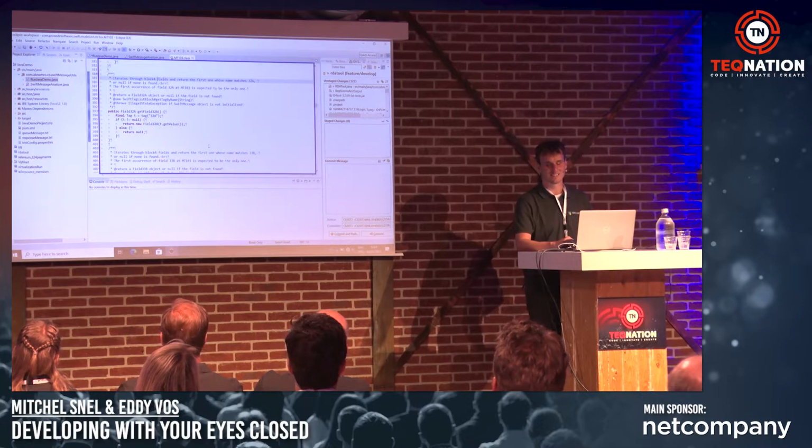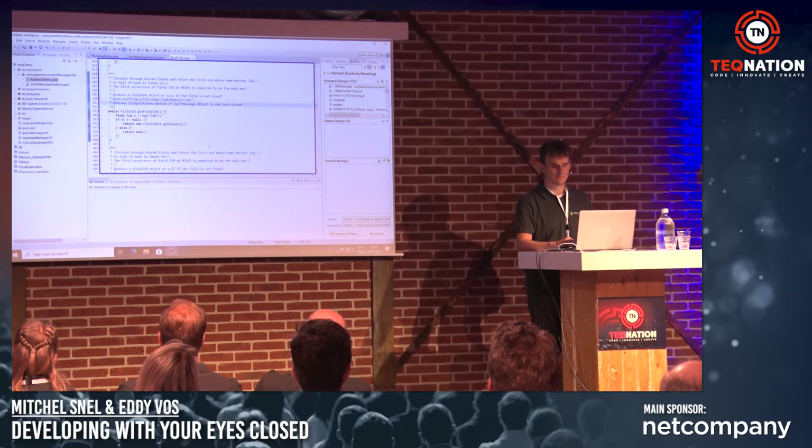Tab star iterates through block 4 fields and return the first one whose name matches 32a, comma. Tab star or null if none is found dot less br greater. Tab star the first occurrence of field 32a at mt 103 is expected to be the only one dot. Tab star add return a field 32a object or null if the field is not found. Tab star add c swift tag list block number get tag by name left paren string right paren. Tab star add throws illegal state exception if Swift message object is not initialized. Tab star slash. So with this Java doc, I can basically figure out all the information I need for the